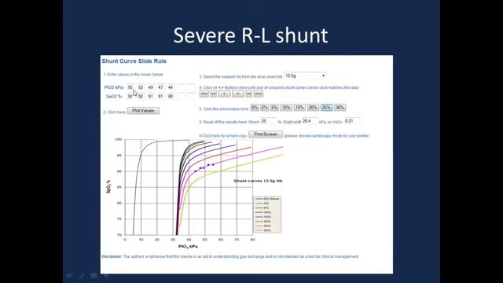As the saturation did not decrease significantly, the right to left shunt calculated by the software was around 25%. So in this curve, 25% of the blood was shunted without getting any oxygen, a 25% right to left shunt, and the VQ ratio was 0.21, worsening from normal, which is 0.8. So we have a significant drop of inhaled oxygen with a little bit of change in the saturation, which is a typical example